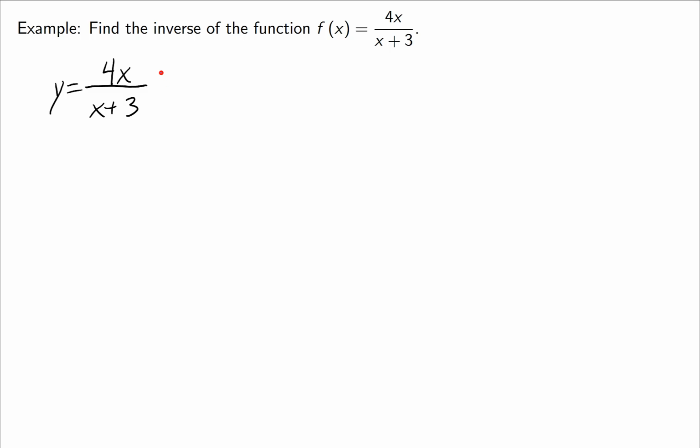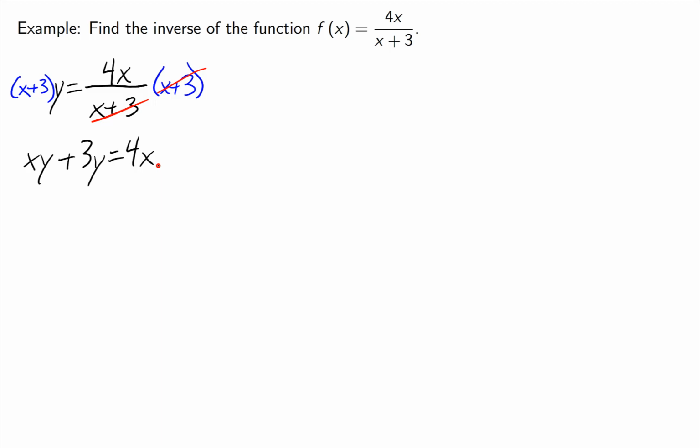The first step I'm going to do is multiply both sides by whatever is in the denominator, in this case the x plus 3. And now when I rewrite this, let's go ahead and distribute this y. I get xy plus 3y is equal to 4x. Now remember, my goal is to solve for x. So what I'm going to do is get everything involving x on one side and